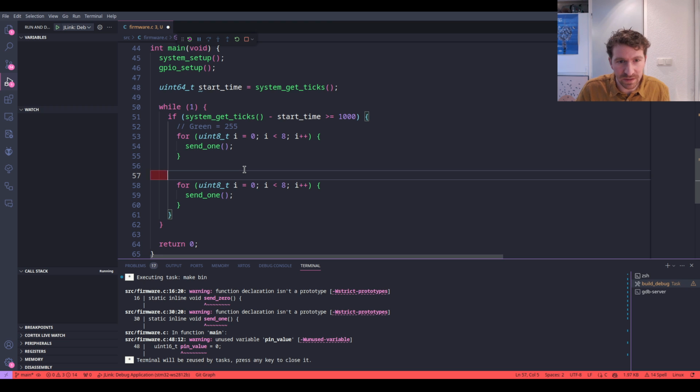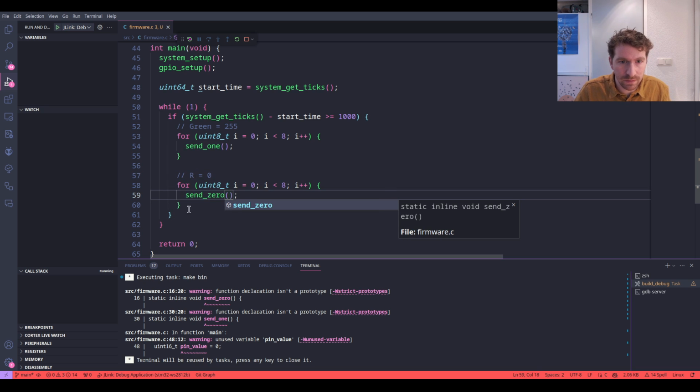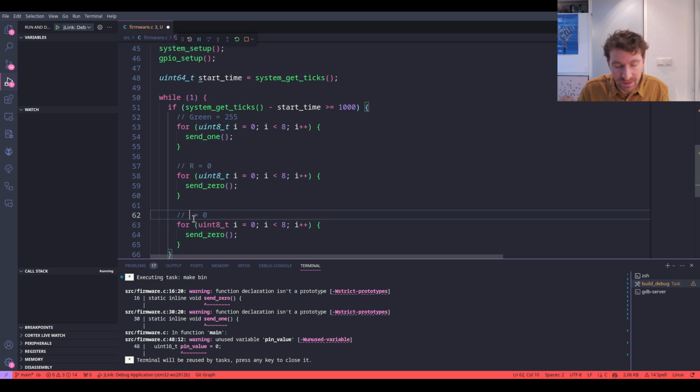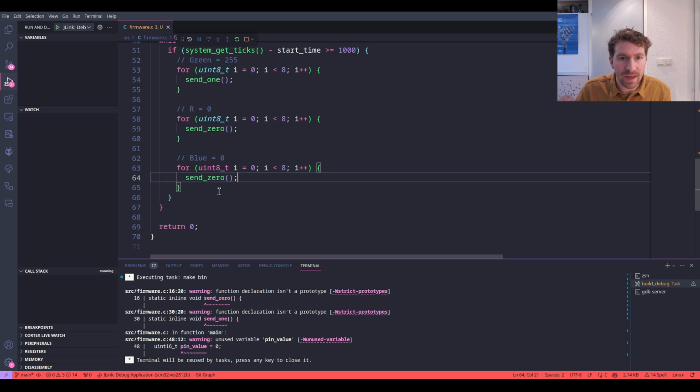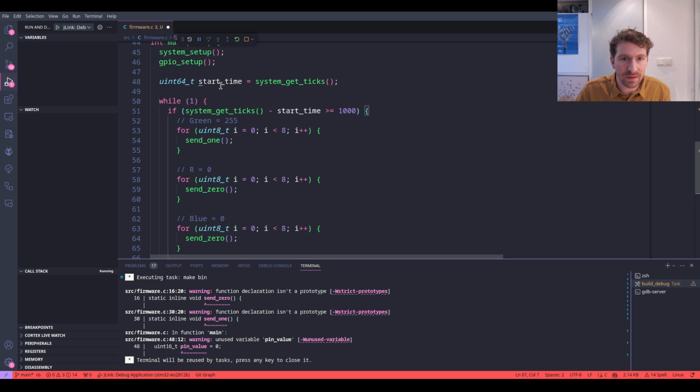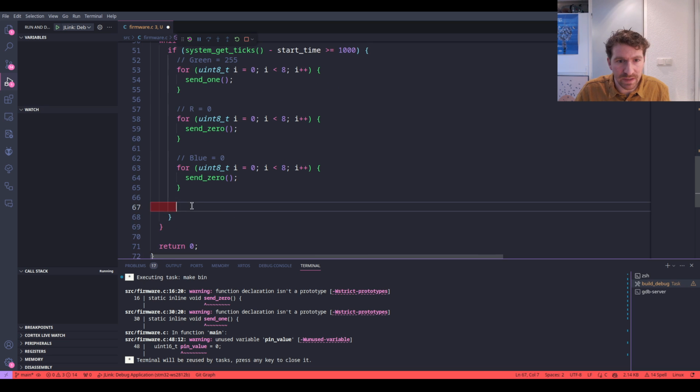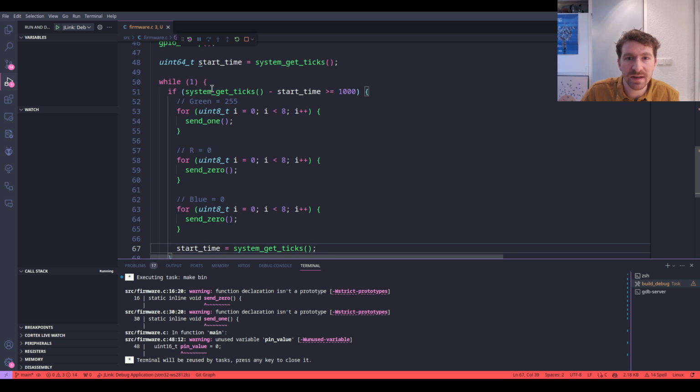So this is going to be r equals 0, and then for this we'll send 0. Yeah, let's do it properly. And then this is going to be blue equals 0 as well. And then finally we will set our start time equal to this. And what that's going to have the effect of doing is making sure that we then spend 1 second not